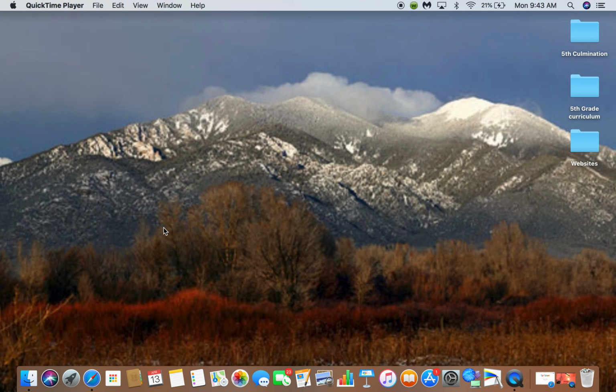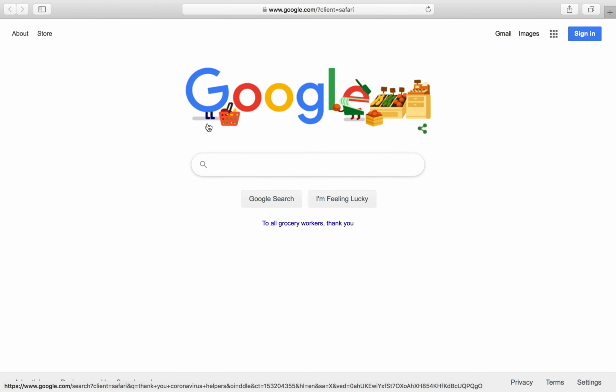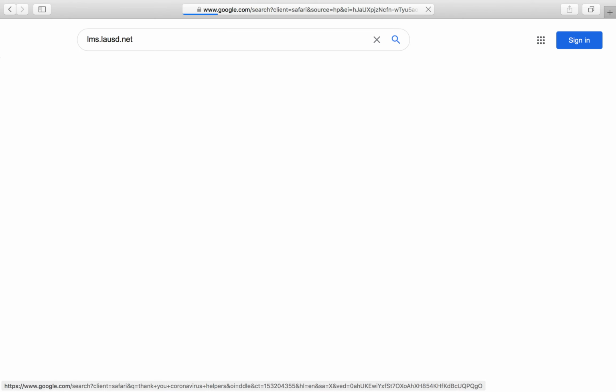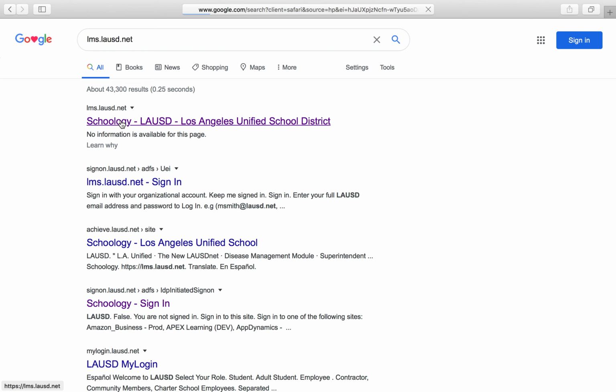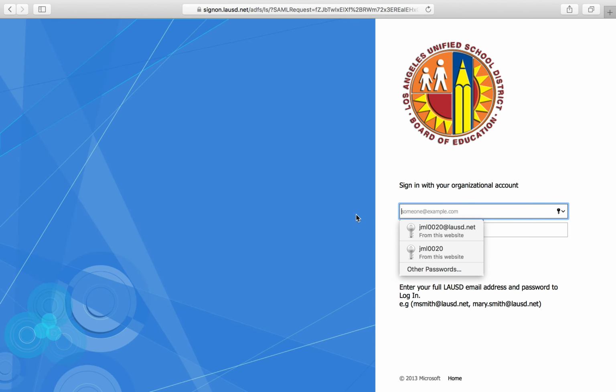I will show you how to log into your student math book if you don't already know how to do so. First, you'll open up your internet browser. You are going to go to lms.lausd.net or your Schoology account. You'll select the item where it says students,